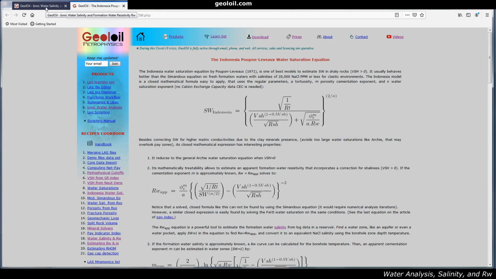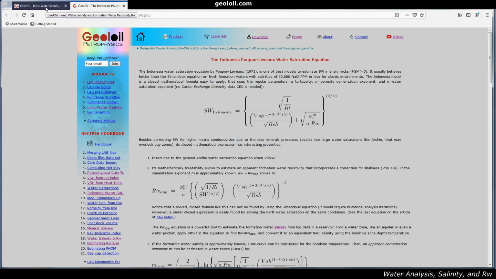And for the theory to do that, you can get some help from this Geoloil webpage. Basically, it's what is called the Hingle equation. But we have in Geoloil a modification where we go further than that. Basically, it's apparent water saturation, but we use a modification to study that with some amounts of shale. So we still need to apply the equation on clean rocks, rock with low shale.